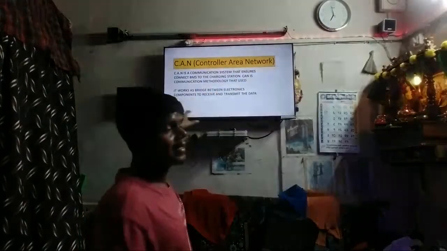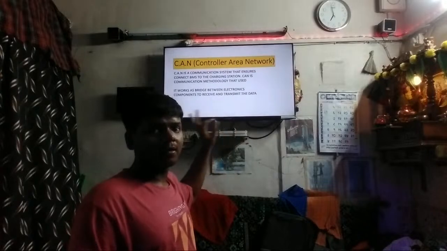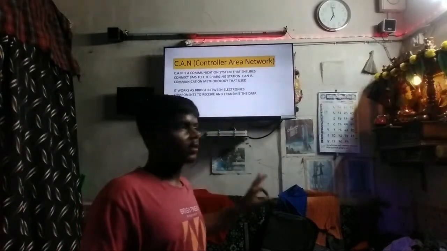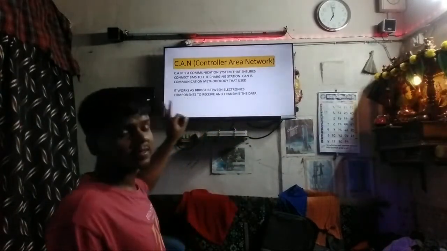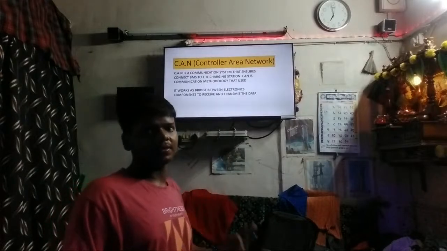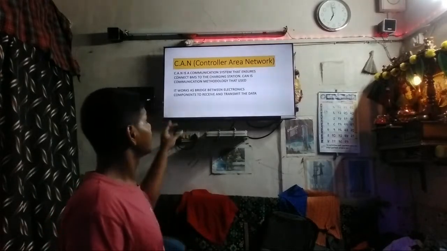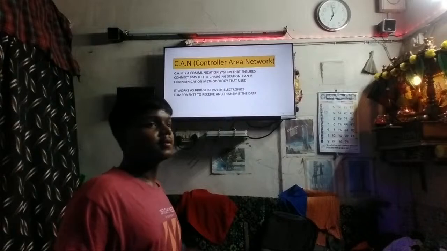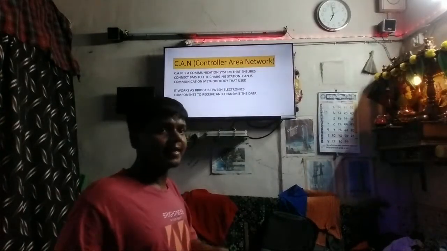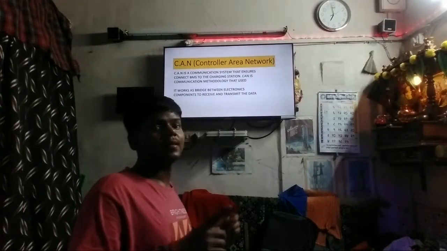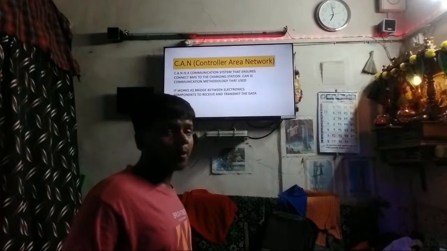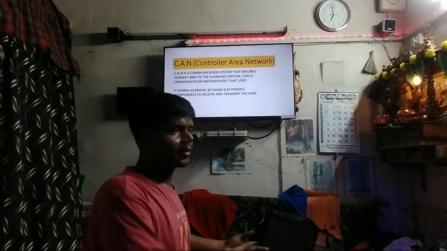So the CAN is the brain of the communication interfaces. First we have to understand what they have written about the CAN. So let's see the controller area network. This actually controls and leads any other devices and components that have been set up into